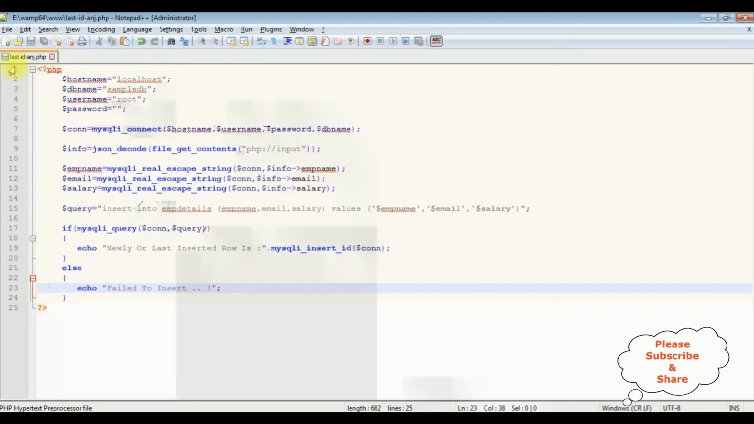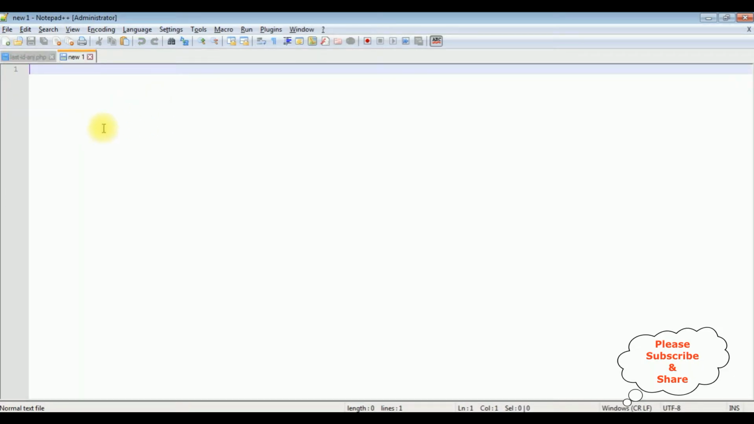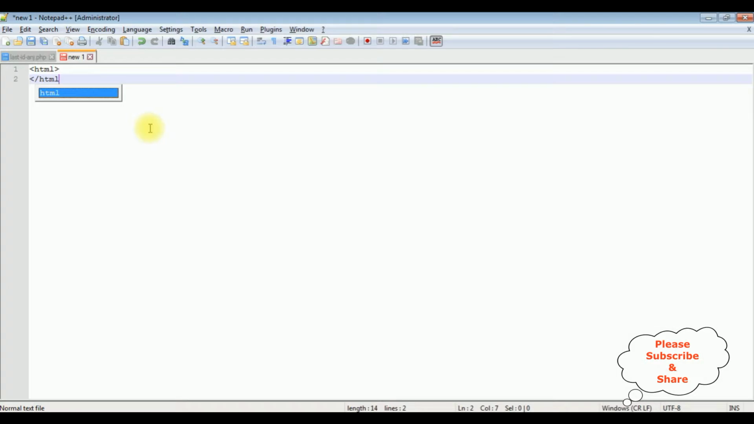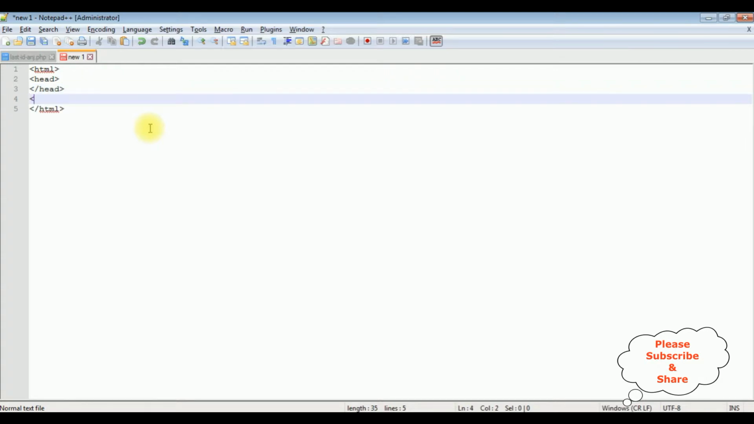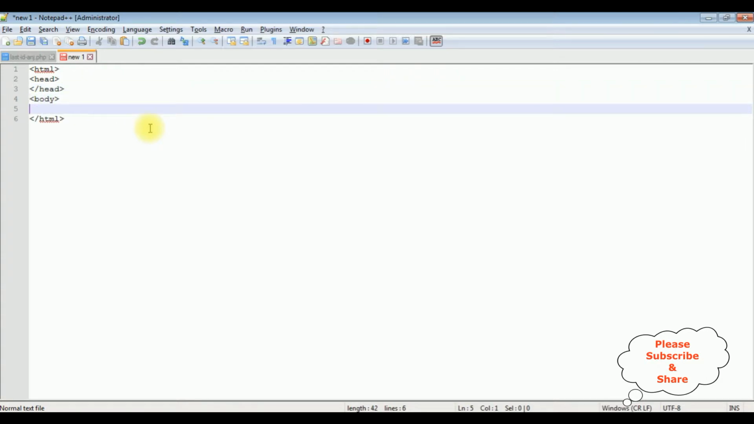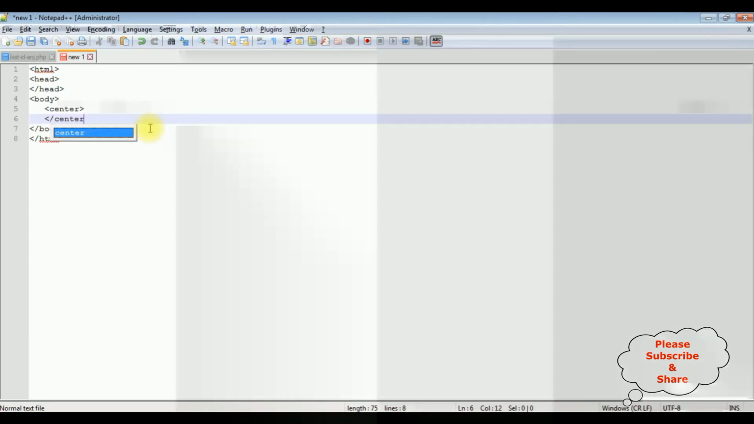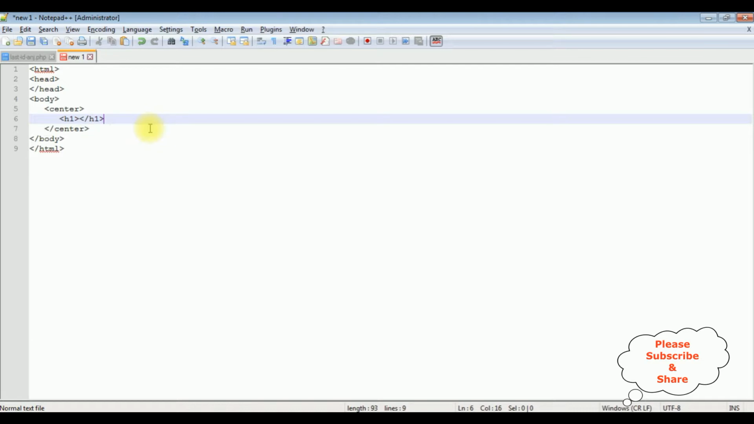Now let's add a new page. In this new page, I'm adding simple HTML code. HTML, close the HTML tag, header section, headers, body. I'm closing the body tag. Inside this body, I'm adding the center tag, close center tag, h1. I'm closing the header tag h1,